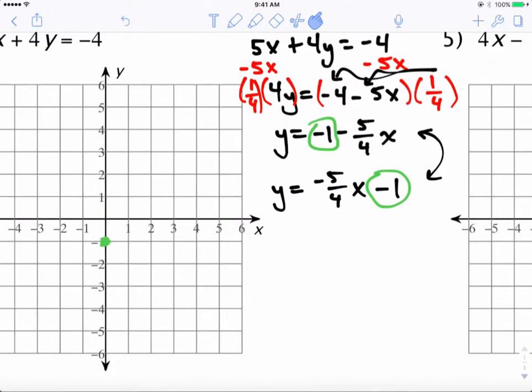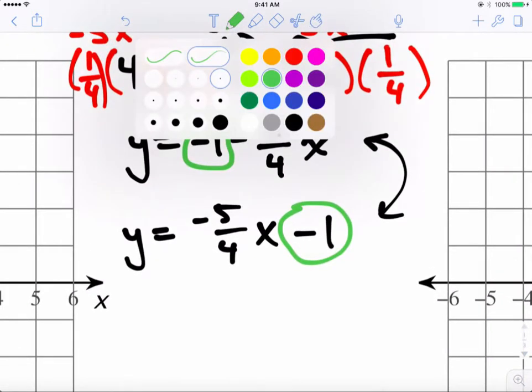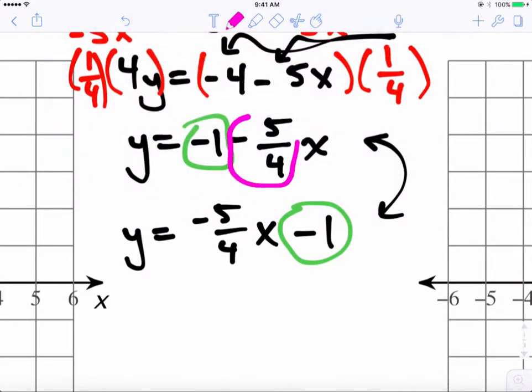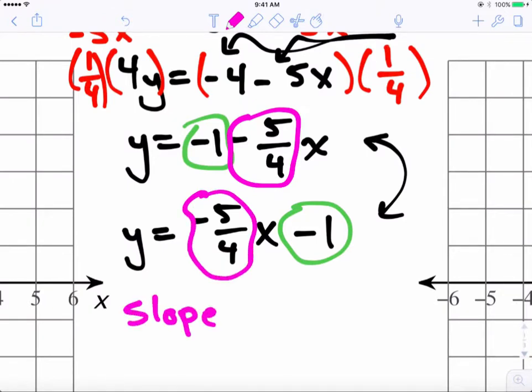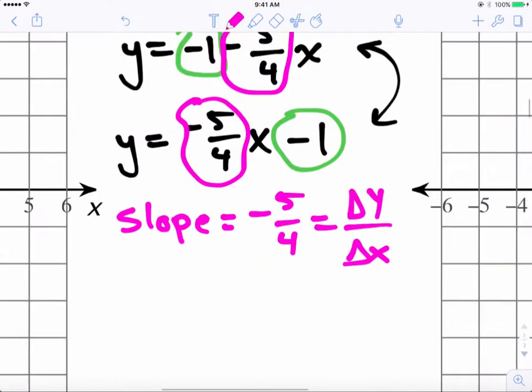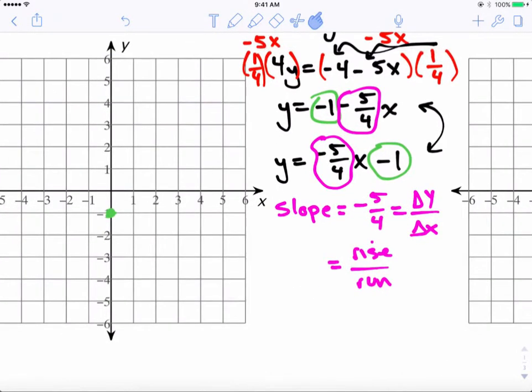And negative 5/4, that is going to be the slope of this line. And there's a lot of different ways to talk about slope. So I'd say our slope is negative 5/4. And the way I like to think of it is the change in y over the change in x. Some people like to call it rise over run. That's totally fine. And so what I would say is from our initial starting point, our y-intercept right there,